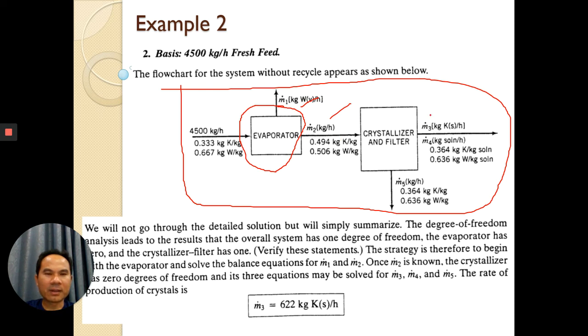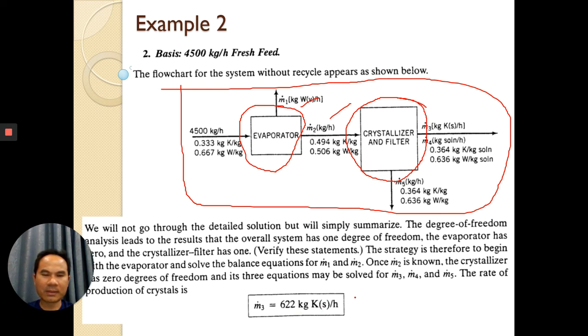And then you solve for the crystallizer balance. We have M2, you know already. M3 and M4, you can drop in only 1 unknown. Okay, we have 2 unknowns and 2 balance equations. You can solve for M3, M4, M5. After you make the balance, we get M3 is